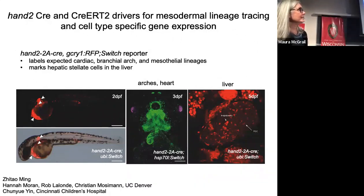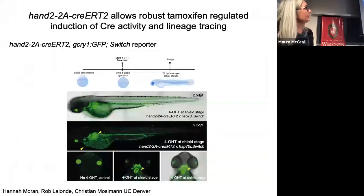And what their analysis has shown really beautifully is that CRE leads to switching of different reporters. It labels the heart, pectoral fin. This is a ventral view of the heart labeled after switching, and in the pharyngeal arches as we expected. And here in the liver in a 5-day post-fertilization larva, there appears to be labeling of both the hepatocytes and hepatic stellate cells. We also have a CRE ERT2 line, and what Rob and Hannah did in Christian Mosselman's lab